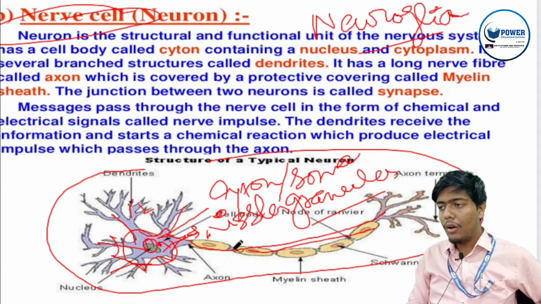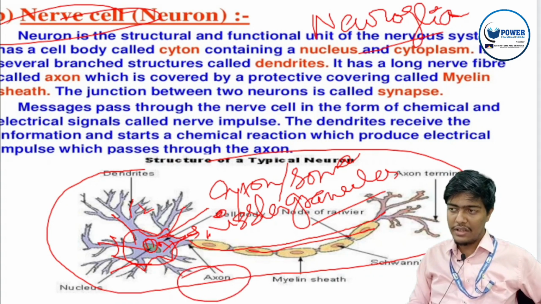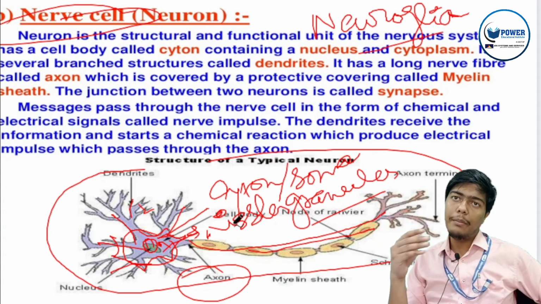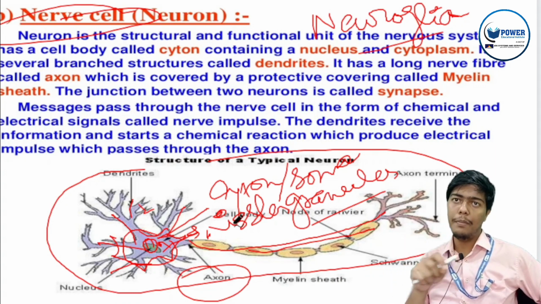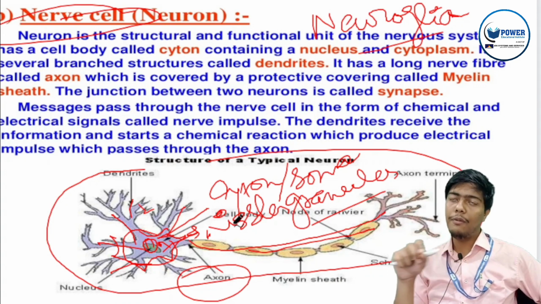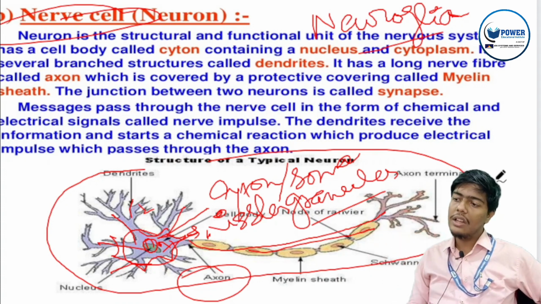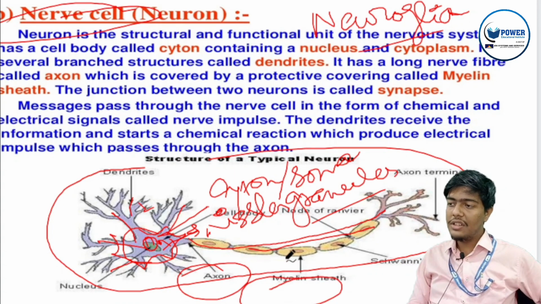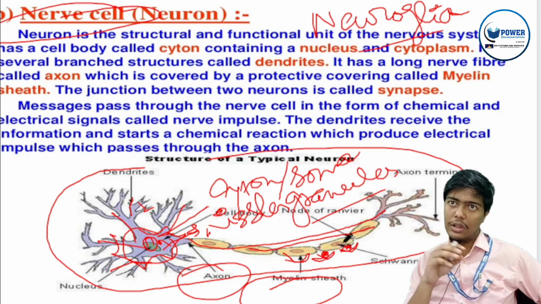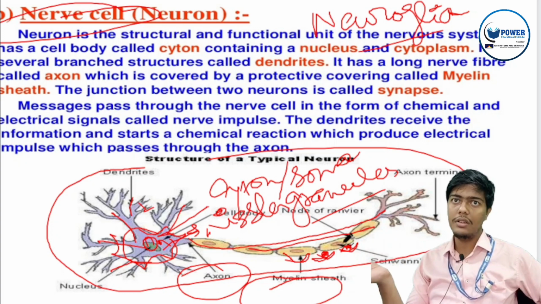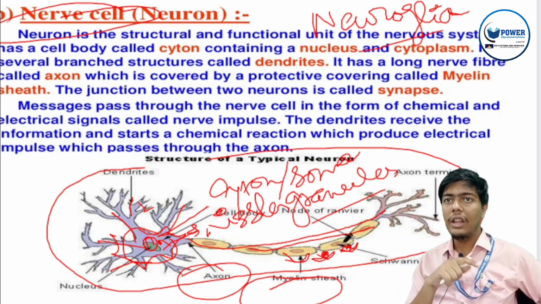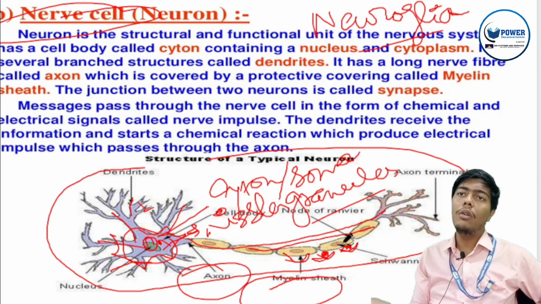And it has a long extension for impulse conduction, that is the axon. Because the axon is transferring the impulse, it can be either insulated or non-insulated. If it is insulated, then it is insulated by a covering known as myelin sheath. This myelin sheath is secreted by the Schwann cell. So there are Schwann cells on top of the axon, all arranged and secreting the insulation, that is the myelin sheath, which insulates the conduction so that it cannot leak out from the neuron.